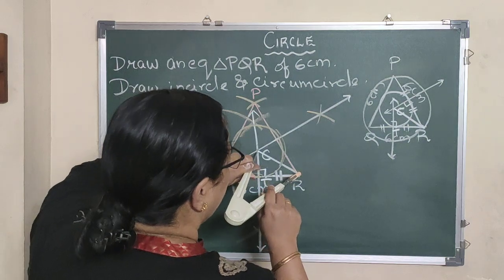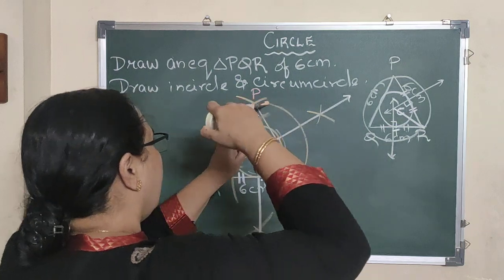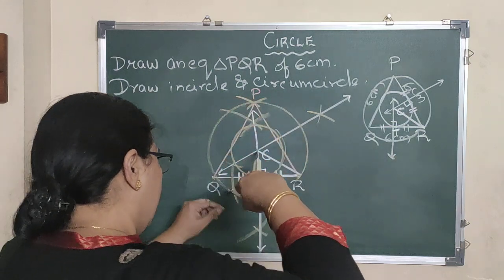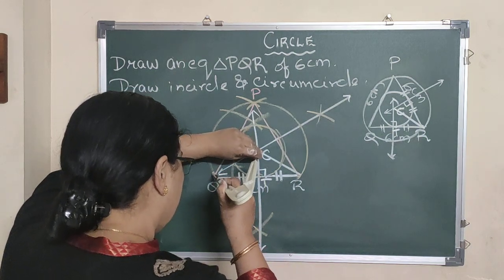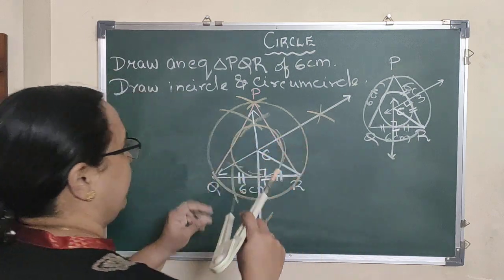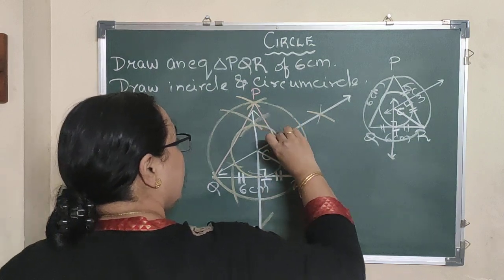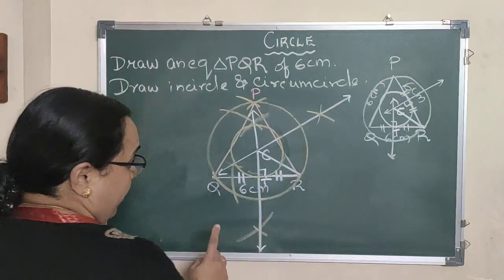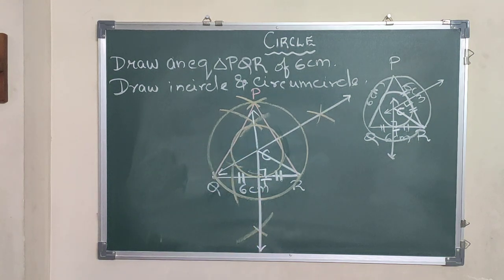Same way I keep it further here to point R. I will get my circumcircle. Yeah, the circumcircle is at least perfectly better, right? So here you have your incircle and the circumcircle. The error is from my end here girls, but you will not get any errors because yours should be done very exactly using all kinds of different pencils. So therefore you will find that it is coming like this.